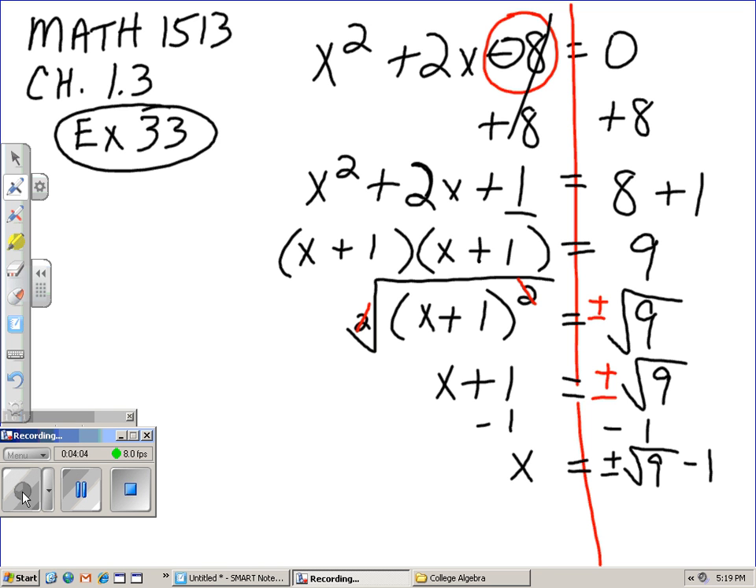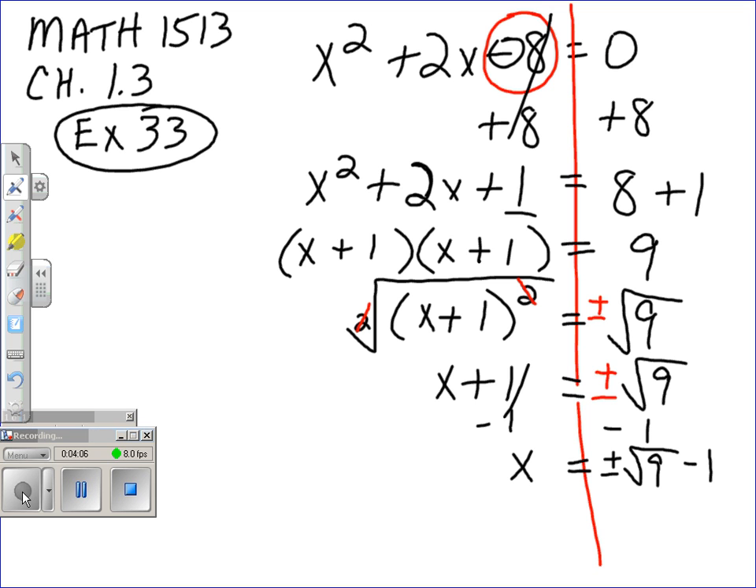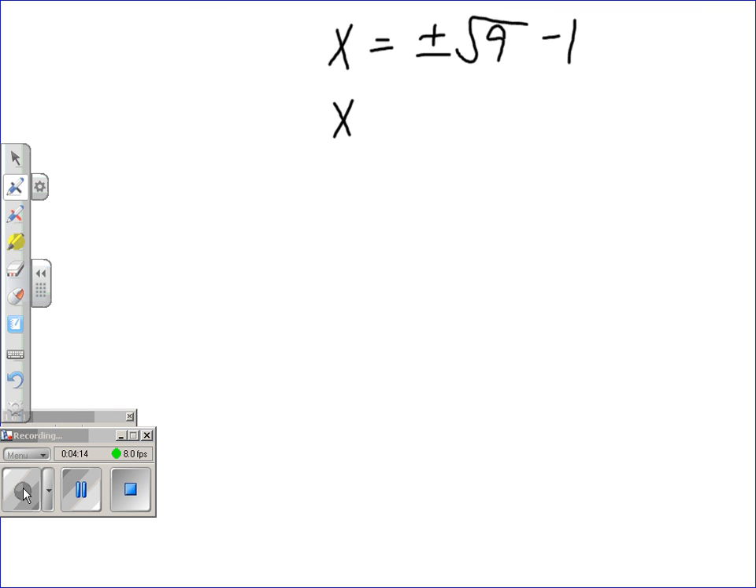I minus 1 from both sides to get the x alone. My 1's canceled, they're gone. X is alone, and I have plus or minus square root of 9 minus 1. But that needs to be simplified further. I see that the square root of 9 is 3. I have a plus or minus symbol in front of it, and minus 1, and now I can split into